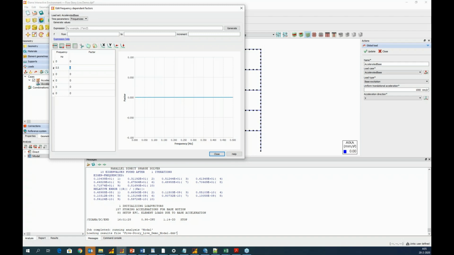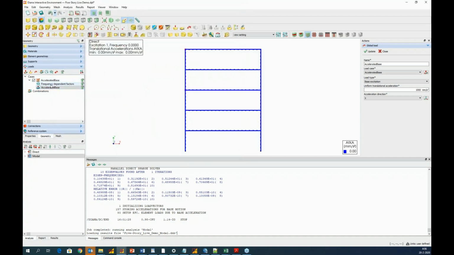So 0.5, 2.2, 1, 4.4, 1.5, 6.6, 1.7, 7.4, 6.7, 7.4, 8, 6.6, 9, 6.2, and finally 10, 5.9. And I click OK, and this is automatically attached to the base acceleration.